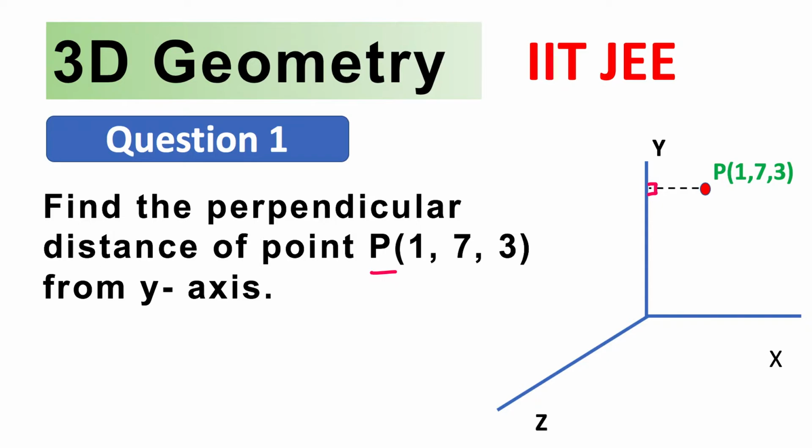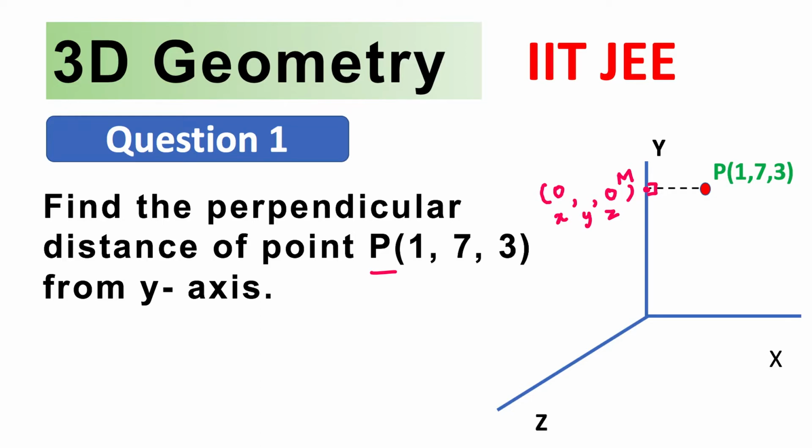If we say that this particular point on the y-axis is M, then what are the coordinates of M? Whenever a point is on the y-axis, it is going to be of this form. If you have x, y and z coordinates, the x coordinate will be 0, the z coordinate will be 0, and only the y coordinate will be present. And what will be the value of the y coordinate in this case?